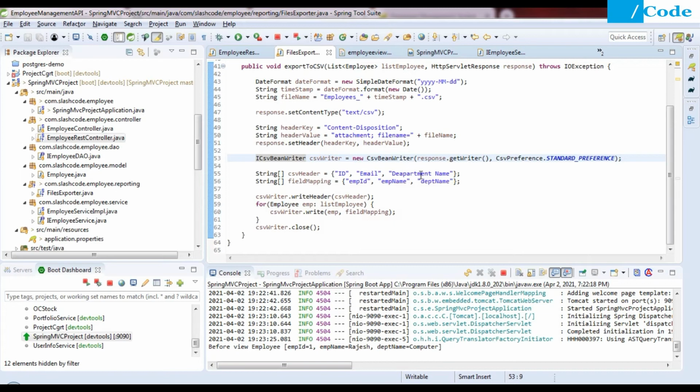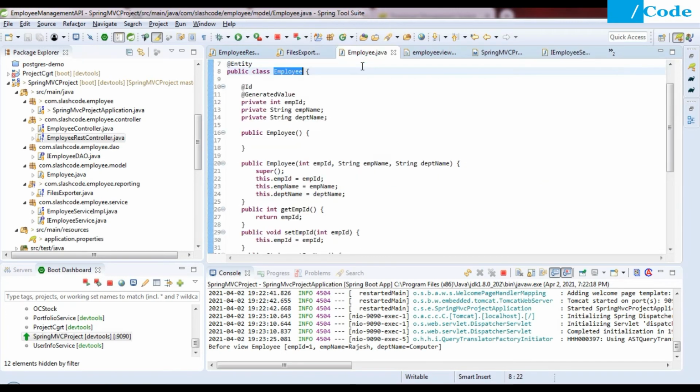So ID, name, department name we want as the header, and the field mapping should be empId, empName, and empDepartment. If you see my employee class, you will get the idea of these fields we need to define as empId, empName, and depName.